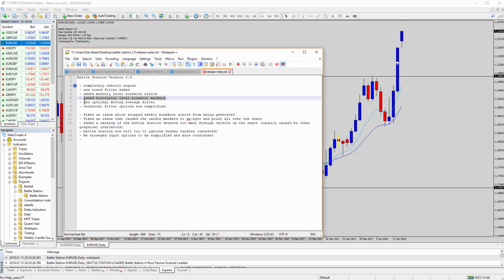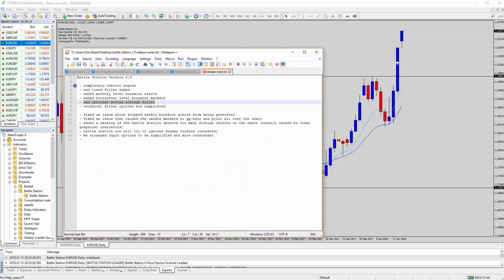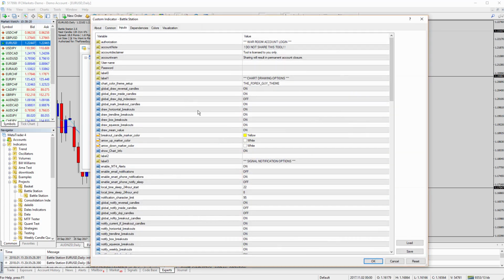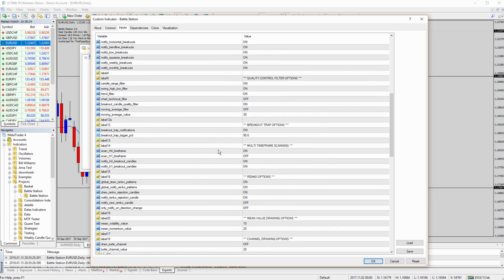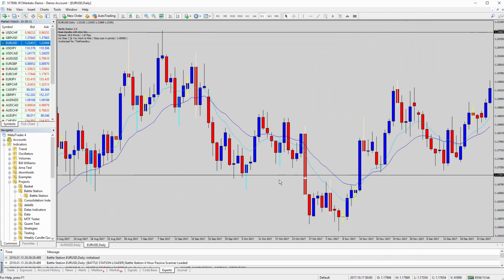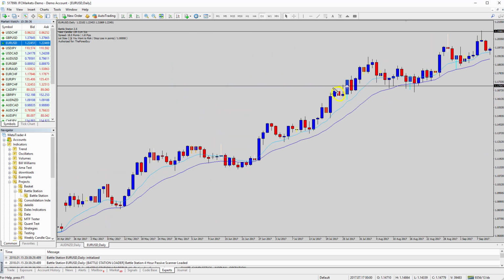So let's have a look at the new moving average filter. All right. So whoops, let's turn the trend filter off because we don't want to have two big filters on. So quality control filters, we'll turn the trend filter off. Let's just see what happens when we do that. Okay, you can see a lot more signals coming through here. Okay, you can see, we go back to those trending conditions, you can see that was flagged as a reversal